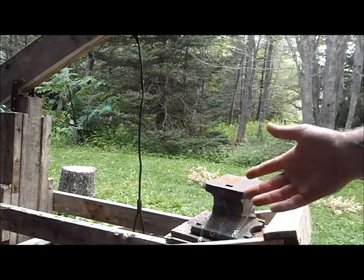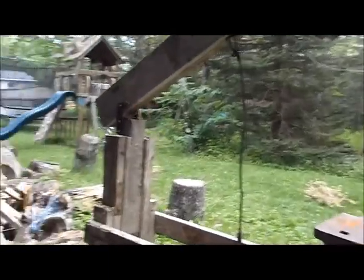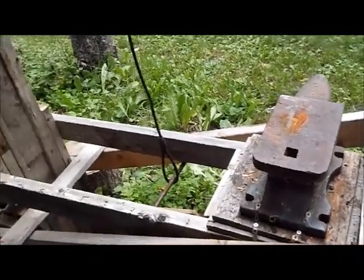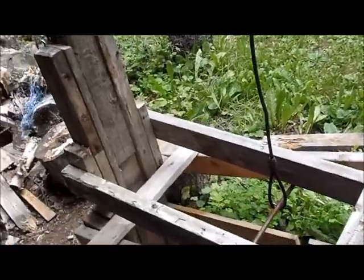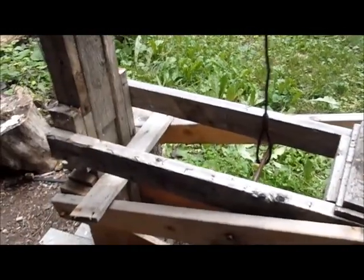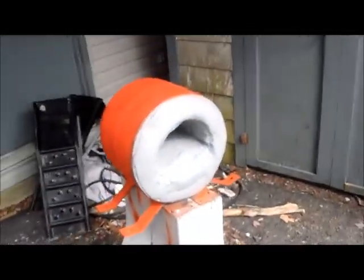so I wasn't planning on finishing that today, so the forge isn't on, and I'm not gonna squash a piece of wood. I always dislike that when guys get stuff finished and they're like, here I go. I'm not gonna hit any metal at all, just a piece of wood. So I'm not gonna hit any metal or wood. You're just gonna see the hammer in its finality,